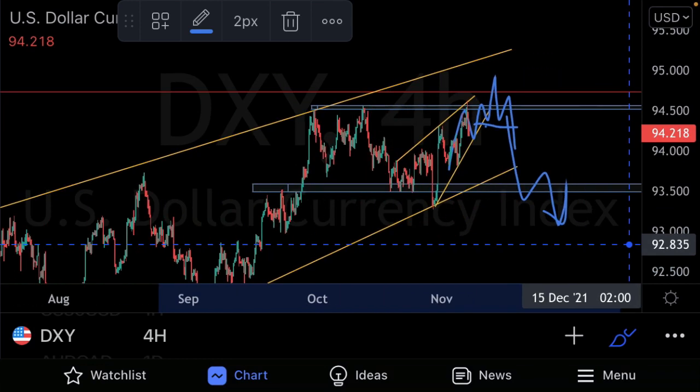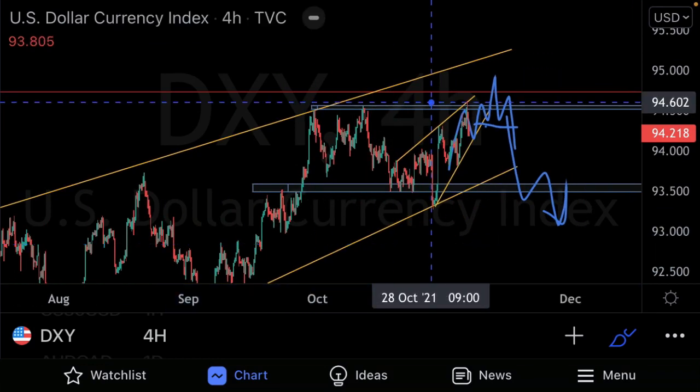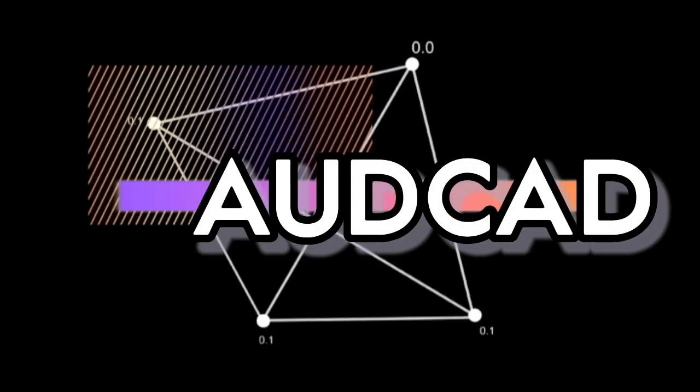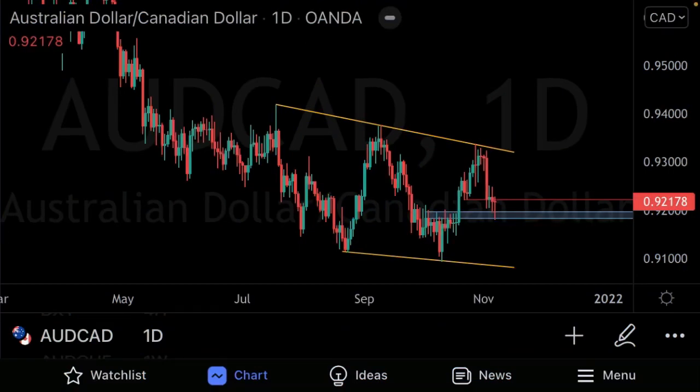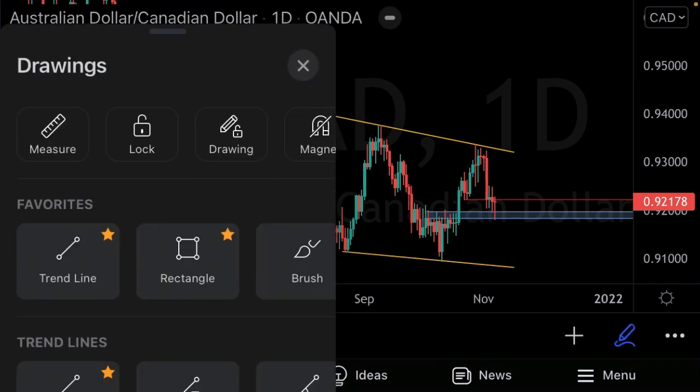We've gotten our move to the upside that has violated our resistance areas, and now we are looking for our sell biased setups. Starting off with Aussie CAD, guys, we are on the daily and we're gonna observe the nature of the structure